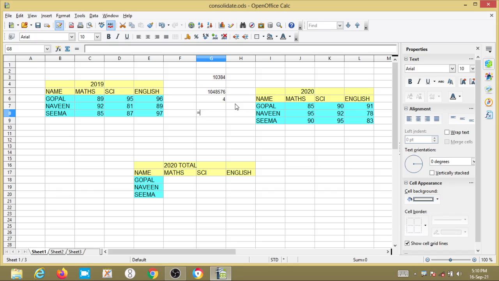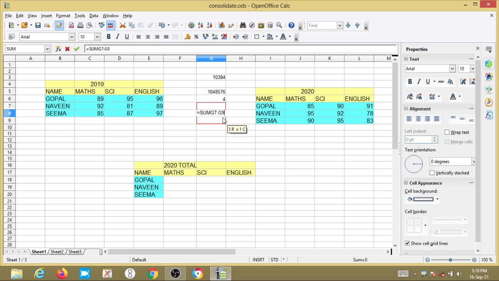There are ways to perform arithmetic operations: equal to 2 plus 2, or we can use equal to SUM and within brackets give the values. We can use sum, multiplication, averages, minimum and count. So all arithmetic operations we can perform.